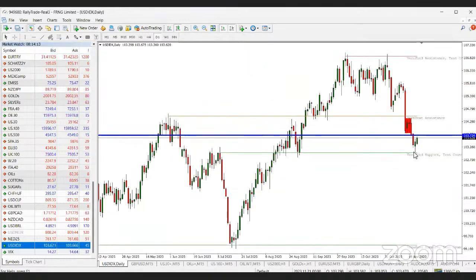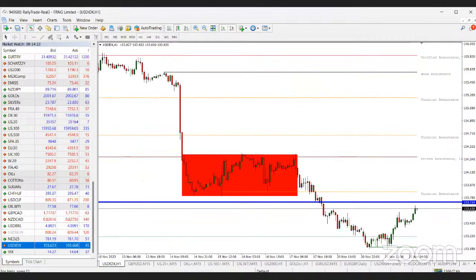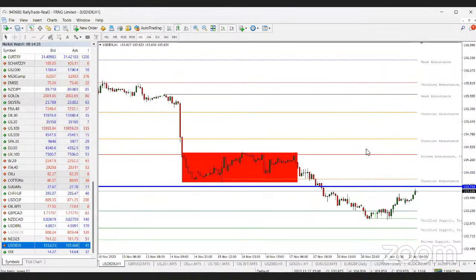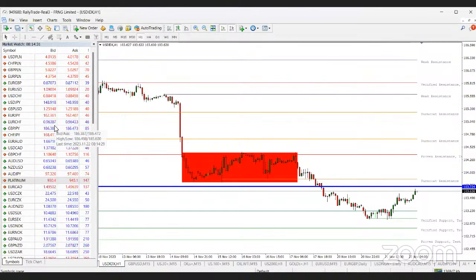Although with this rejection yesterday and the way it's been pushing up this morning, it's possible that we continue to see a bullish run in the dollar. What that will mean is that it's very possible that we see continued strength in the dollar, at least for the early hours of this morning. But of course, we will look at how it will affect each of the pairs as time goes on. I just wanted to explain the fundamentals and the current gist with the dollar, so that you can move on from there.